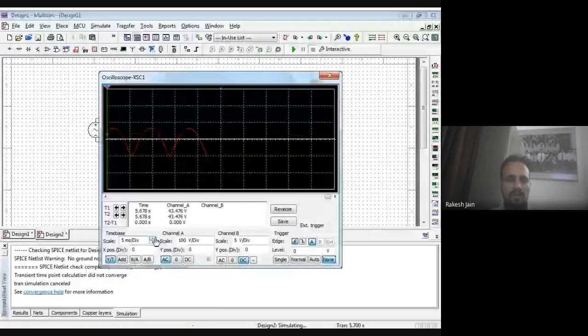Yes. So this is a perfect wave for the full wave center tap rectifier. Due to some misselection of the transformer ratings, previously we were unable to check the correct output, but now the correct output is in front of you, which I have already taught you during the lectures. So sorry for that little bit of distraction from the perfect work. And now this is a perfect output that is in front of you.